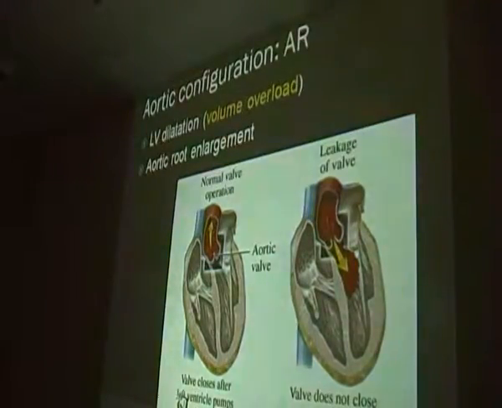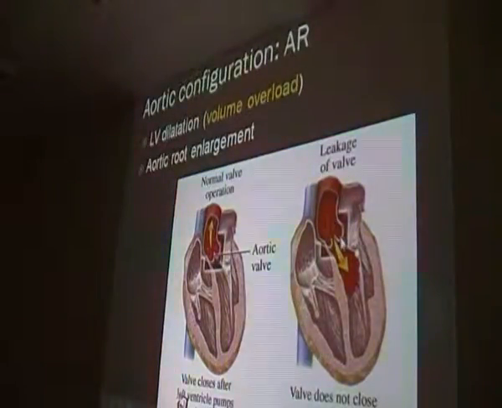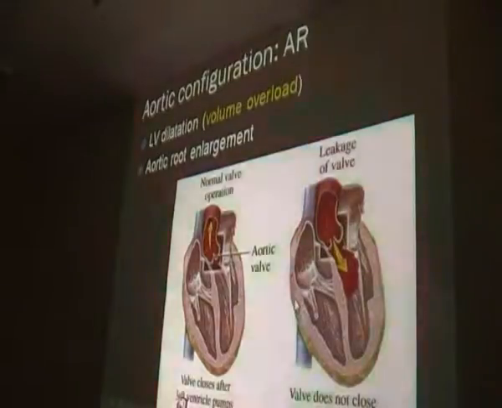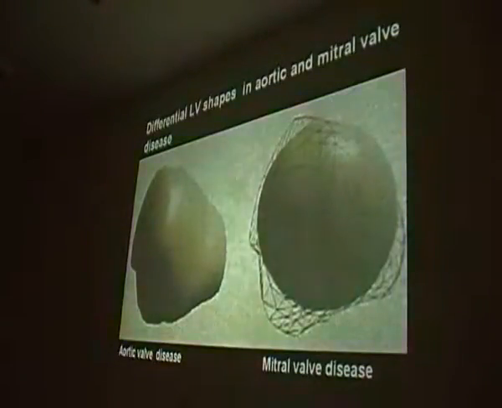So what is aortic regurgitation? Basically the normal one is when the aortic flow goes up but won't go back. But in case of aortic regurgitation, it doesn't close when it should close. So the blood flows back. So there is increase of the volume in the left ventricle, so-called volume overload. Over time the heart will hypertrophy and dilate, so you can see this so-called aortic configuration.